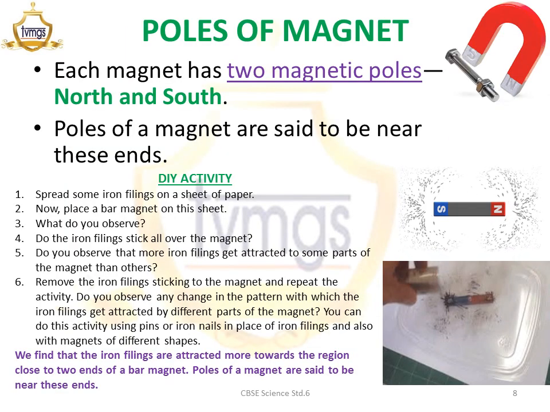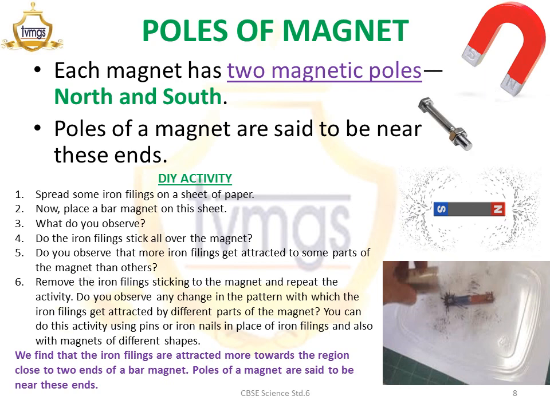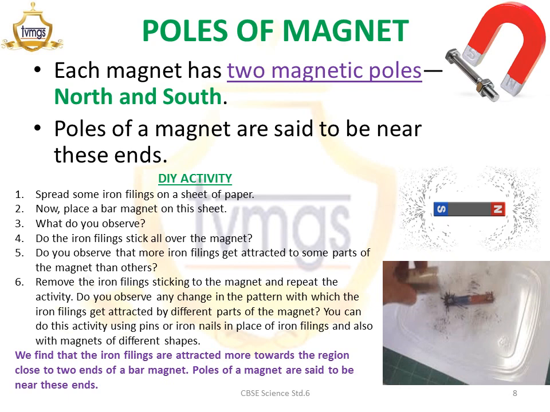Whenever you see substances attracted to a magnet, you will notice that they are attracted to a particular region of the magnet, usually located towards the end of the magnet. Now, each magnet has two poles, the north and the south. The poles of the magnets are always near the ends of the magnet. In case you break a magnet into two, each piece will again develop two poles, a north and a south pole.